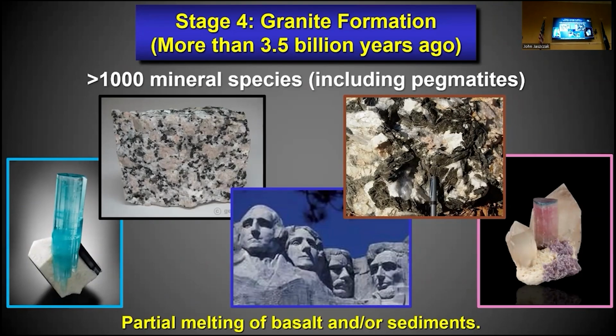Granites form on Earth because you have a hot, big planet that's coated by basalt. And when you heat basalt from beneath, and it's wet, it melts, it partially melts. And that first melt is actually much richer in some elements like silicon and aluminum. And so you form this granitic melt. It comes up to the surface, it forms continents, and those continents are mineral rich, about 1,000 in all. So Earth has this trick. We don't know of any other planet in our solar system that could make pegmatites.